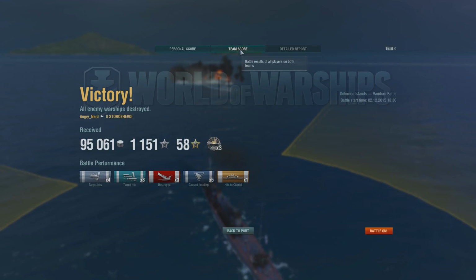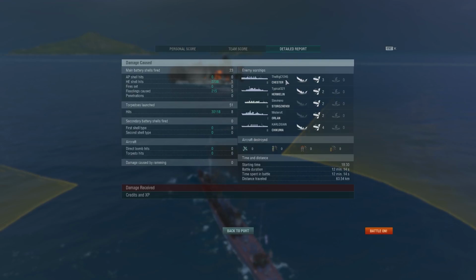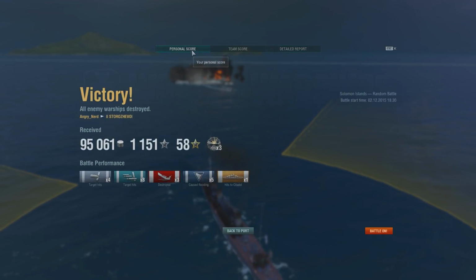Let's take a look at the team score. We came in first place with 767. Not too bad. Detailed report. Sunk a Chester, sunk a Hermelin, sunk a Chikuma, hit an Orlan twice, and that destroyer, don't know how to pronounce the name of this destroyer. It's so bad. Anyway,